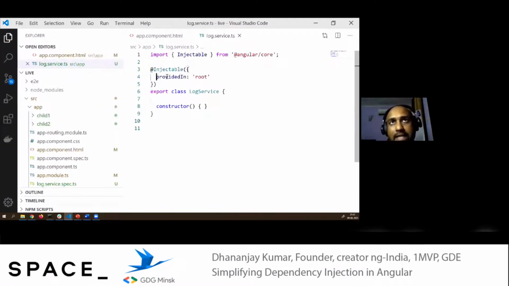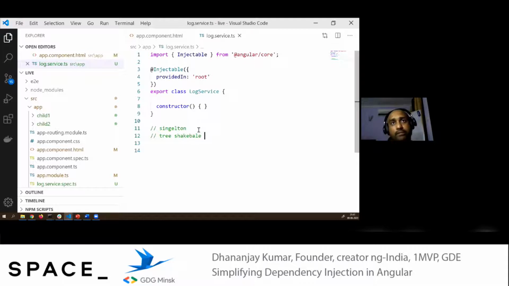Now, by default, if you look at line number 4, when you create a service using the CLI command, Angular sets this providedIn value to root for the service. providedIn equal to root means that the service is supposed to be a singleton service, and that service is supposed to be a tree-shakable service. You already know the meaning of tree-shakable.